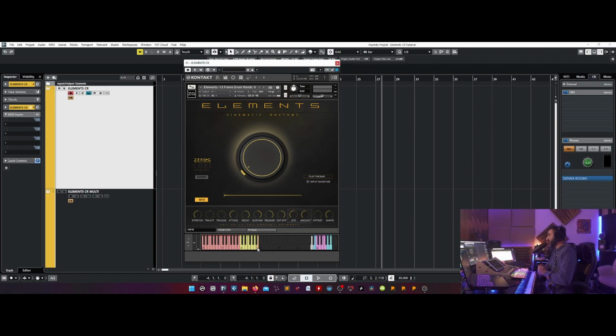Well, this is the simplest use of the library. Round robin, you create your performance, you record your part. Then there are the audio loops, the red keys.